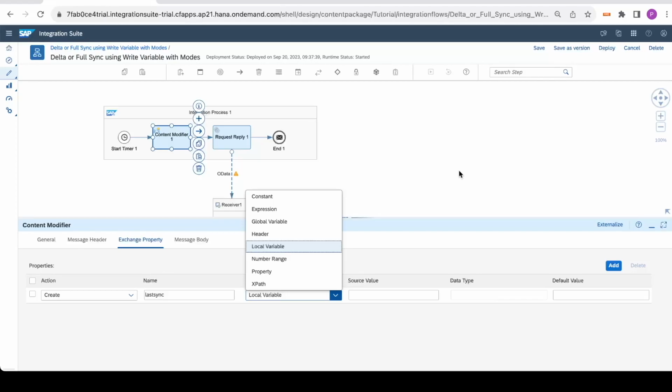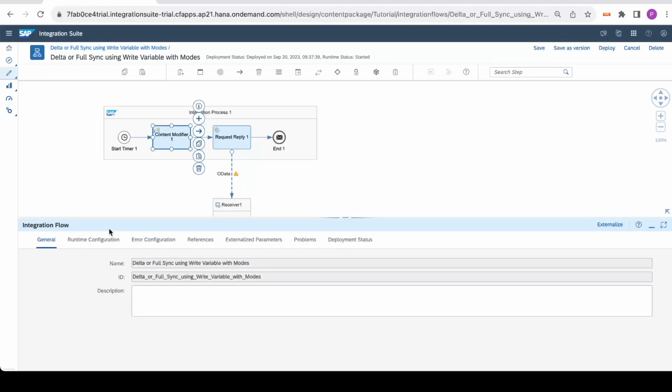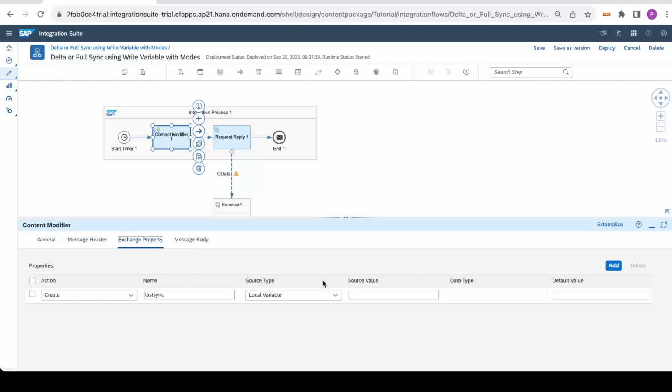Means from any iFlow you can read the global variable. But a local variable can be read only in the iFlow where we have used that write variable palette. So here we are using local variable,